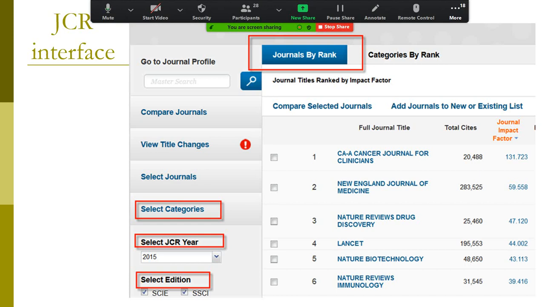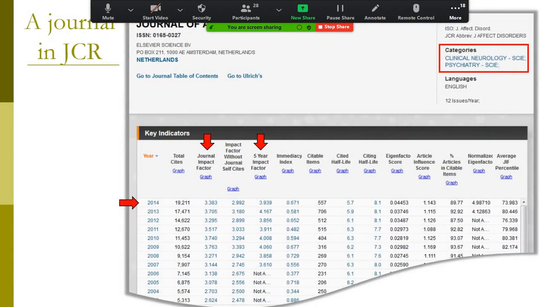And on the right side, you will find the list of journals automatically arranged by the journal impact factor in descending order. You will also find many other variables or indicators for the journals. So if you open a specific journal's page, you will find